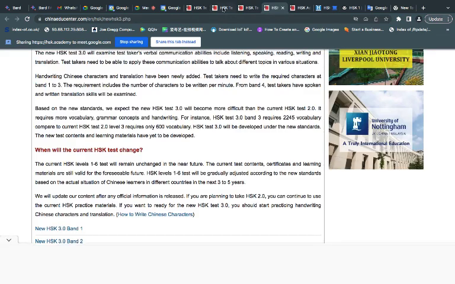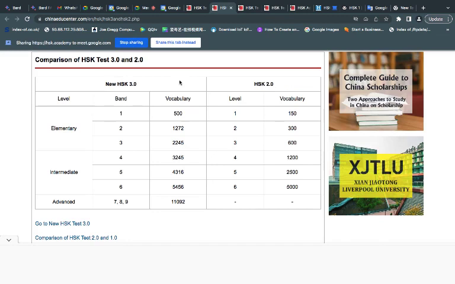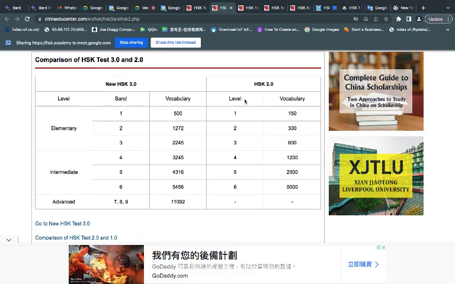Pretty much everything. Then on the number of words that you need to know for HSK, 1 is just 150 words, 2 300 words, 3 600, and so forth, right? And as I mentioned, there's a new HSK which is 3.0, which now combines 1 2 3 4 5 6, and then the last exam is 7 8 and 9. You write all these levels in one sitting.